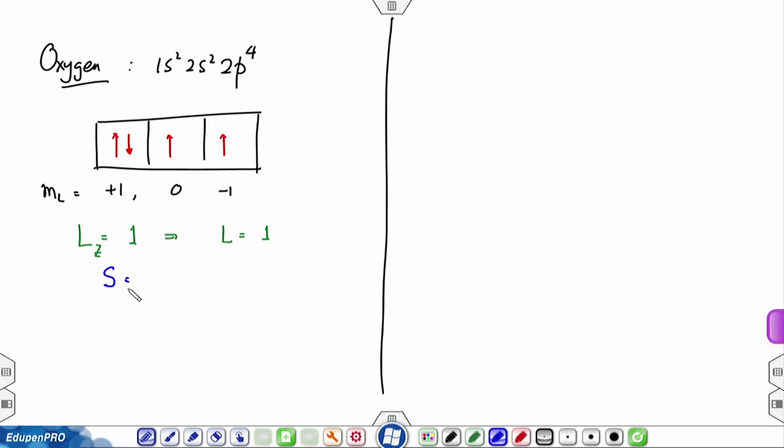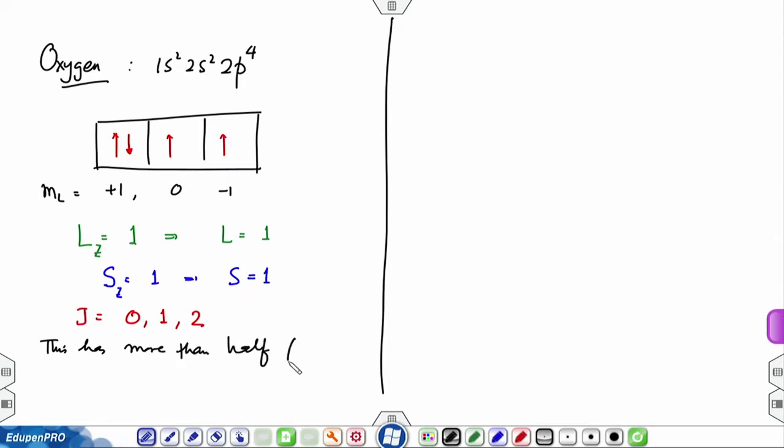The 2 paired spins in plus ml equals plus 1 give you 0 S. So, Sz is 1, and this gives you S equals 1, and therefore, possible J values are 0, 1, and 2. Now, this is more than half filled. This has more than half filled shell. So, this implies E lowest is for J